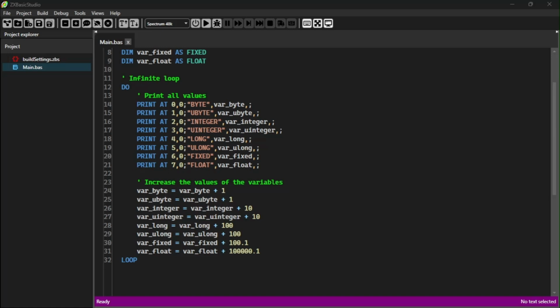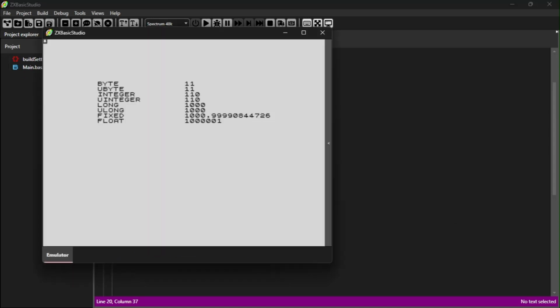Integer variables, integer and uinteger, are incremented by 10. Long and ulong by 100. Fixed by 100.1 to include decimals, and float by 100,000.1. When running with F5, we will see how the byte variable, when it reaches